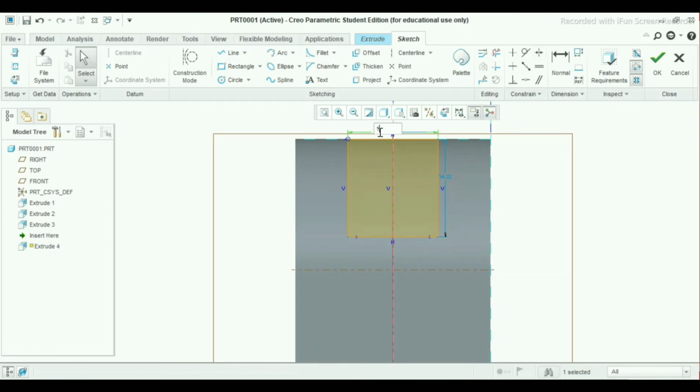Take here dimension as 12 mm and here 12 mm.